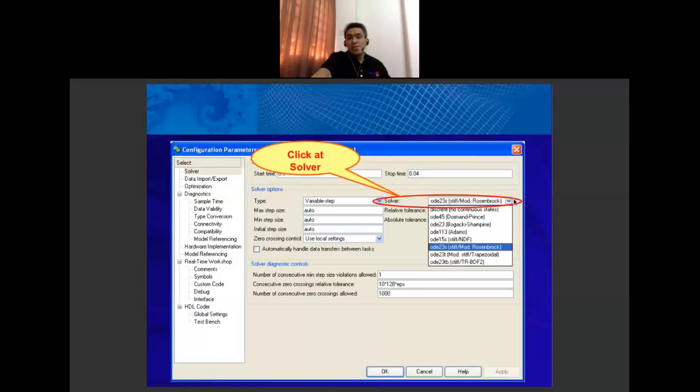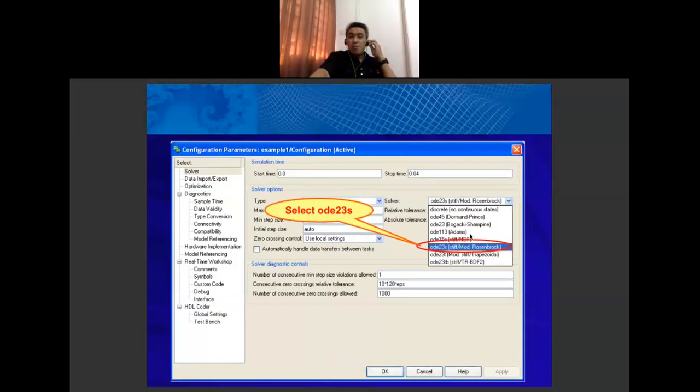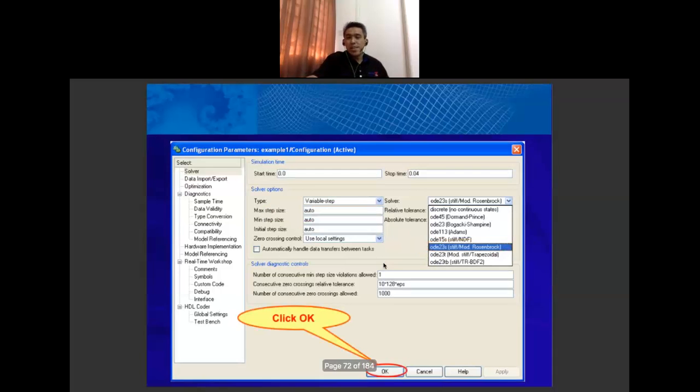So click at solver, then select ODE23S. Select this solver, ODE23S. Then you click OK.